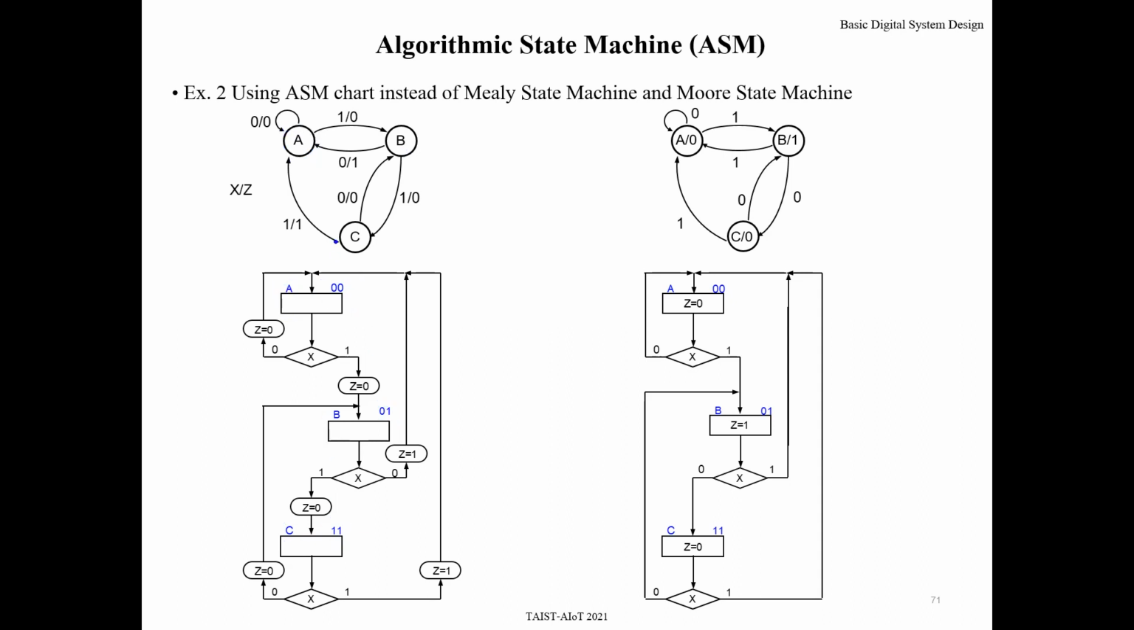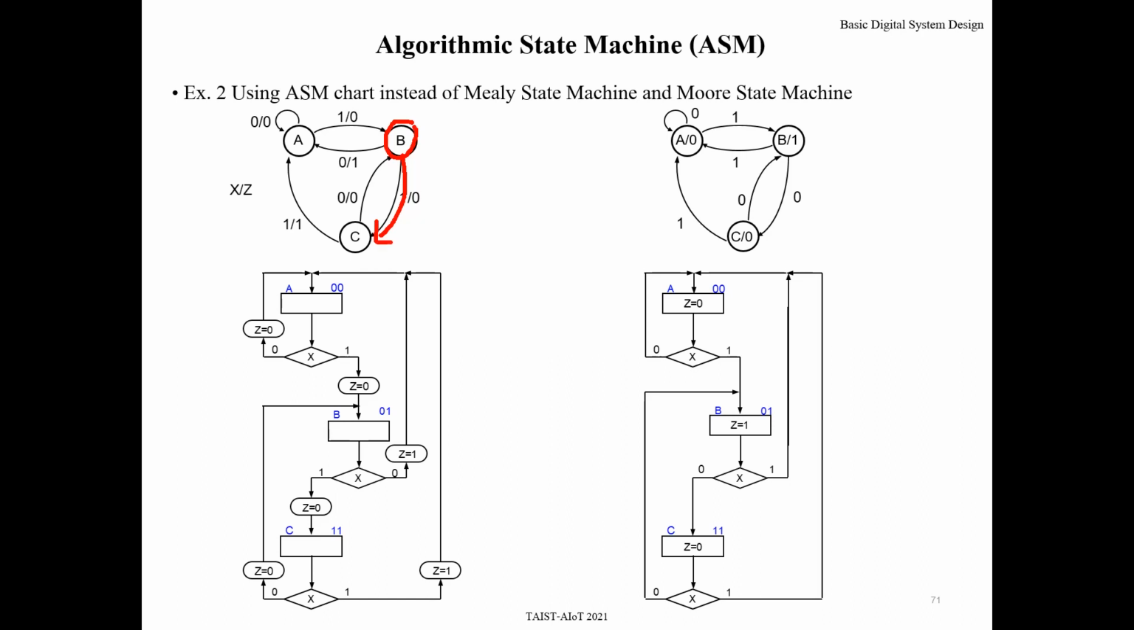And then at state A, when input X is 0, output Z is 0. When the clock ticks, if X is 0, it goes to A, right? At state A, if input is 1, it goes to state B, right? At state A, input is 1, output is 0. Okay. Now at state B,